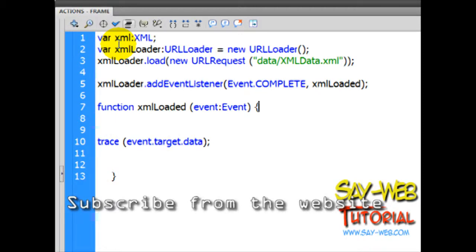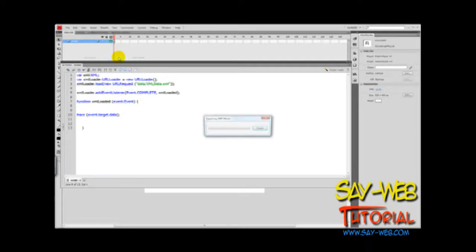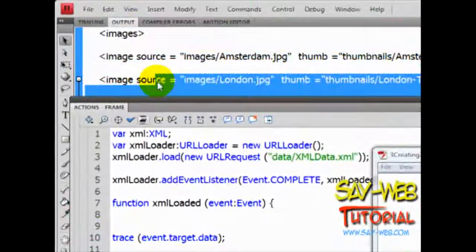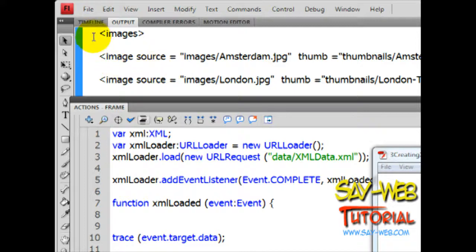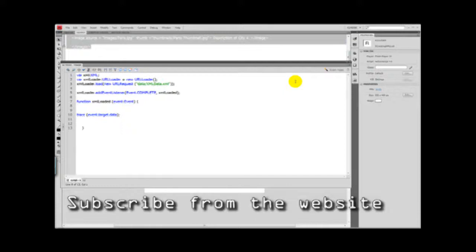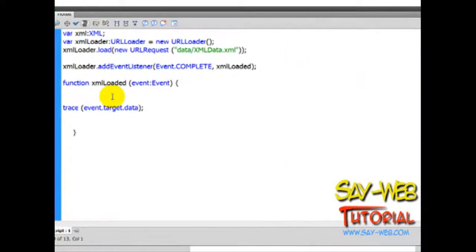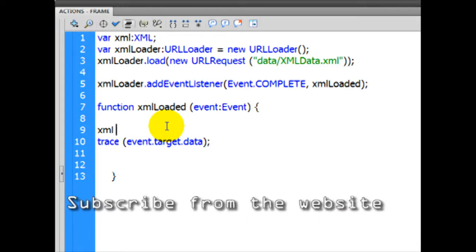Last but not least, we're going to say something like this. Now we know that currently if I test the movie, the output window gives me the XML code loaded. Well, for Flash right now this is only text. I cannot execute that, nor use this data. So what I'm going to do, the logical thing, is just to say, you know what, the XML we just created equals